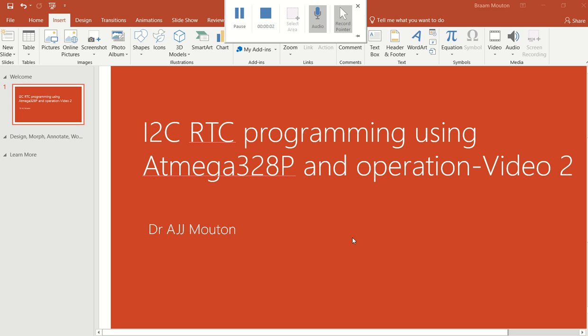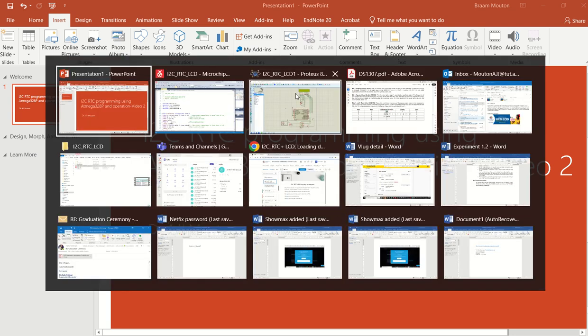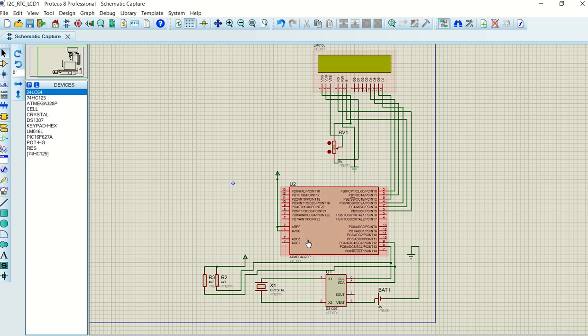Now in this second video, I'm going to explain to you the operation of a program using the Atmega 328P and also making use of Microchip or Atmel Studio. So this is the second video and there will be more to follow the deeper I go into this specific program. So let's have a look at, first of all, I'm going to go to the Proteus design,